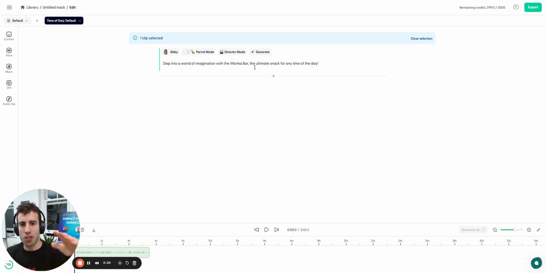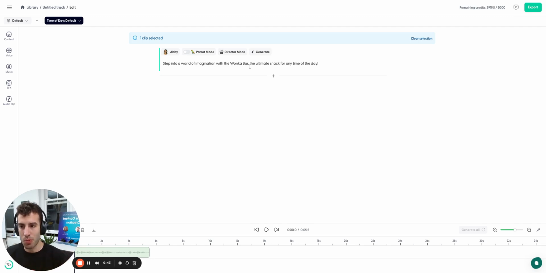Basically, every new version will start from where you left off in the default one, the first one, and you can add different voices, and then finally, you can download or share a link that will have all of these different versions. I'll show you how you can do that in a sec. The second use case is if you were creating dynamic ads and you want to create different productions based